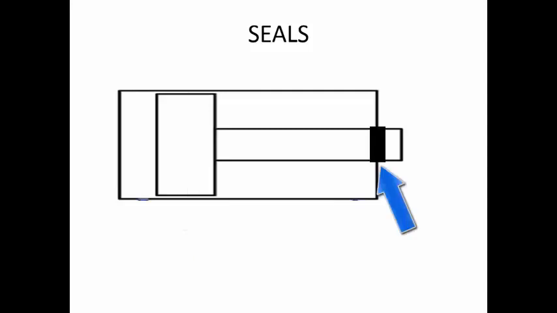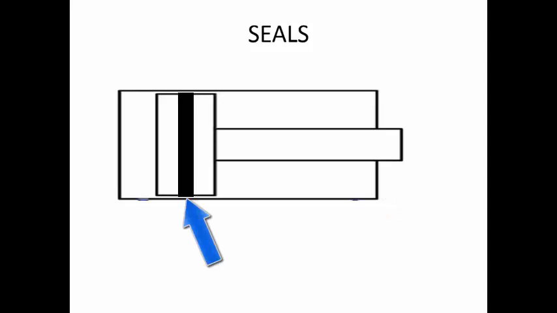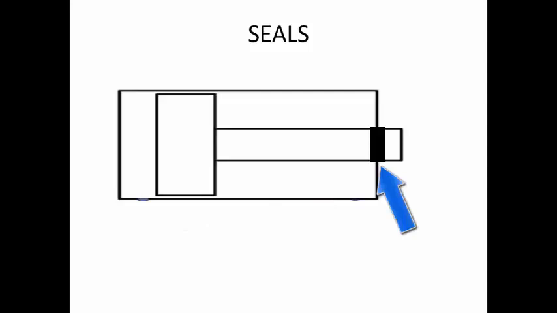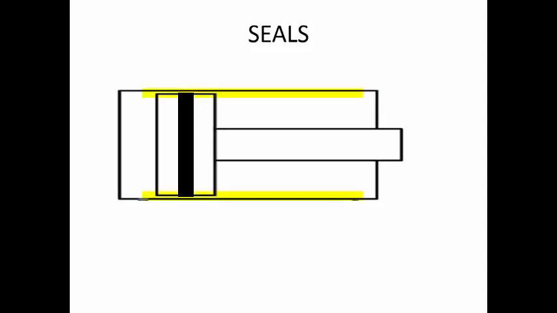Even though you have placed a seal here, it will try to stop the flow of oil from the inside of the cylinder to the atmosphere. But here it has ensured that the piston can slide on the inside of the cylinder. Here the piston rod should be able to slide on the inner surface. If the seal has to do that, so if the piston has to move, the seal should allow some amount of oil film to be present on top of the cylinder surface. If that oil film is also not present, then the friction is going to increase.